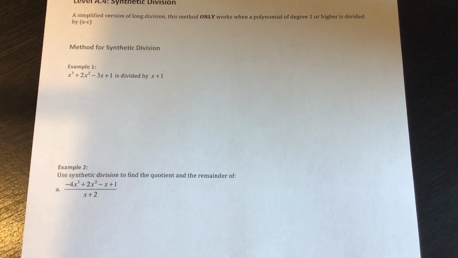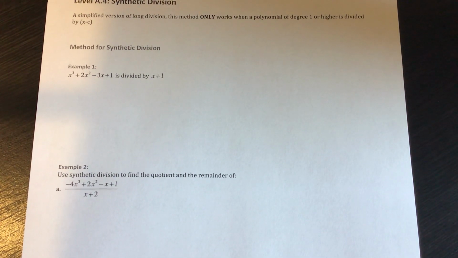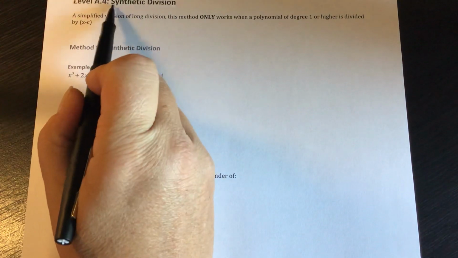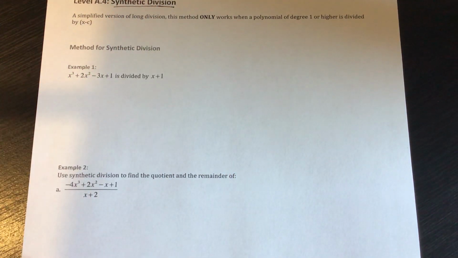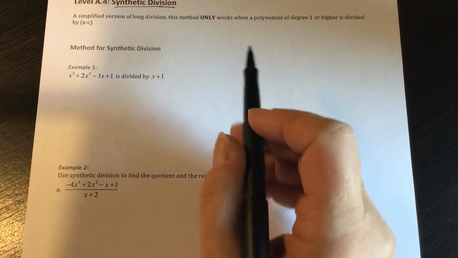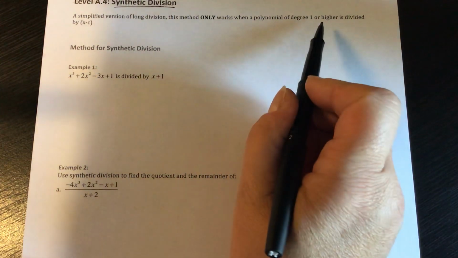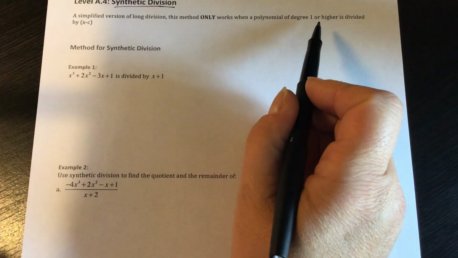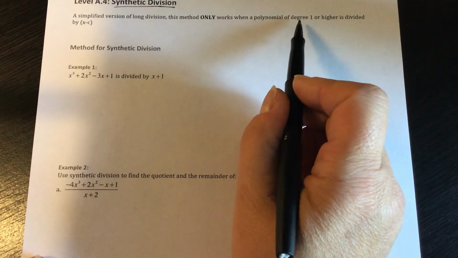All right, so after that last section on long division with polynomials, we might think, oh, there's got to be an easier way to do division, and there is. We have this process called synthetic division that is a shortcut to doing long division, and it only works in certain circumstances. You can only use this if you're dividing a polynomial, so it has to be a polynomial with